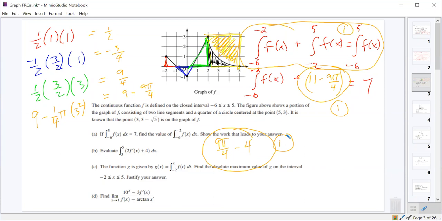Next thing we want to do is part B, evaluate the integral from 3 to 5 of 2f prime of x plus 4. What is the integral from 3 to 5 of 2f prime of x plus 4? Well, the integral of 2f prime should just be